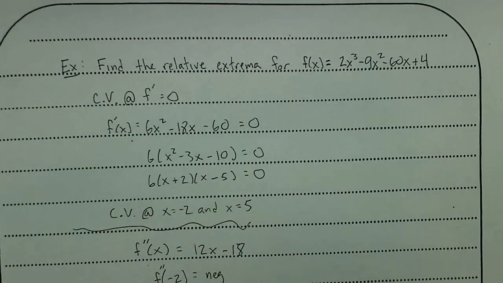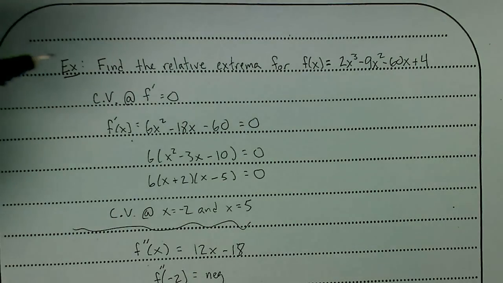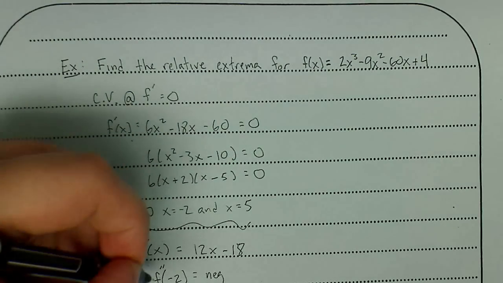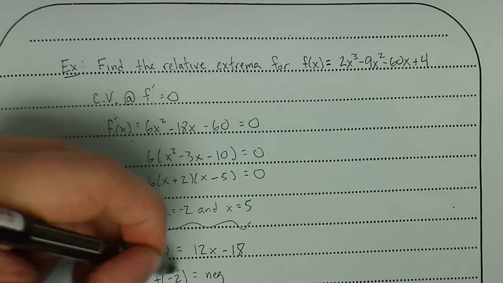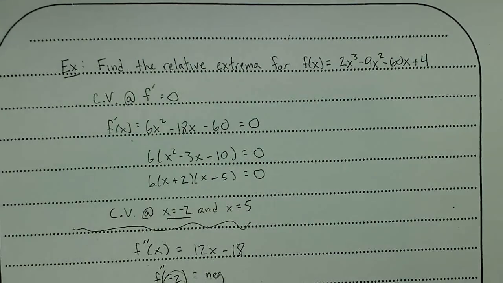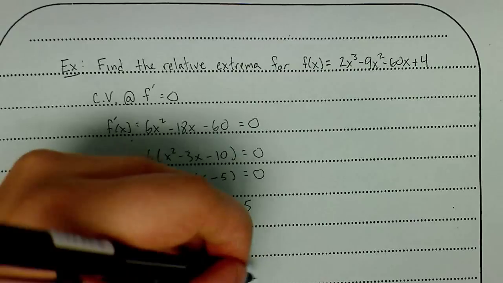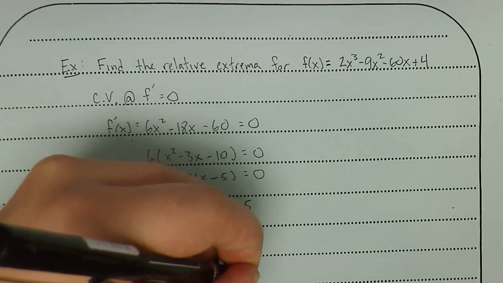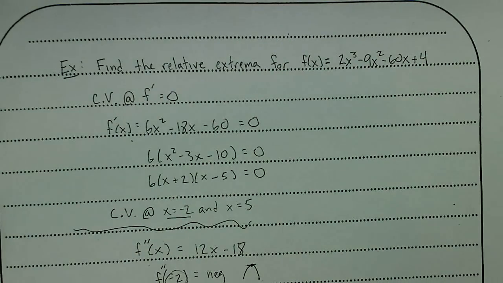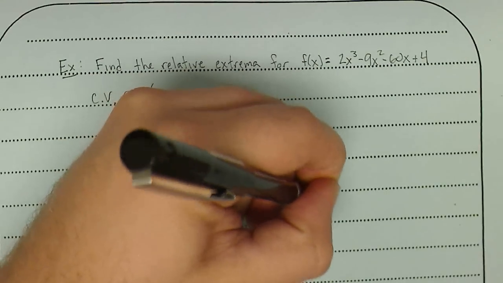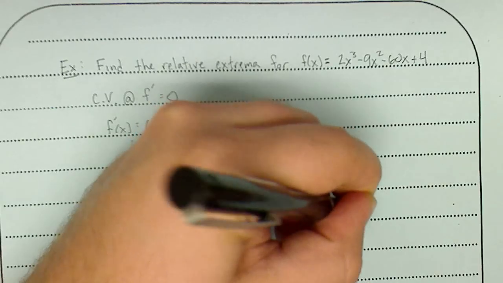Now, why do I only care about whether they're positive or negative? Well, in short, just to sketch out to the side, if the second derivative is negative, that means the interval that your critical value is in, -2 is a critical value, must have been concave down. And if your critical value is in an interval that's concave down, well, man, he must have been a maximum. So we see we have a relative max